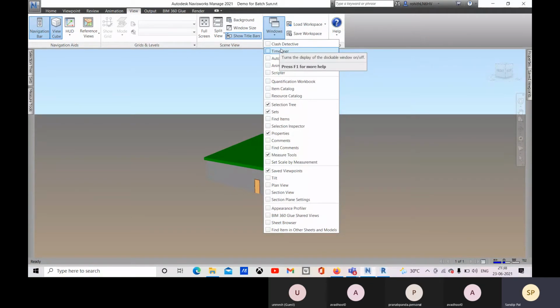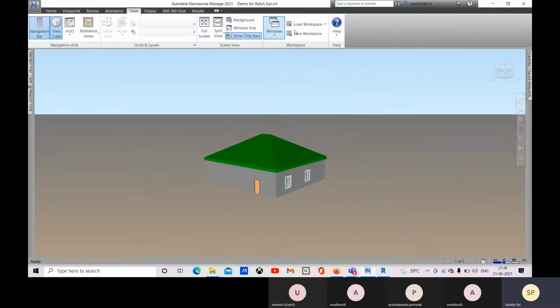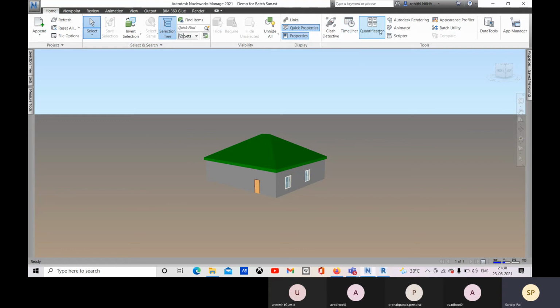So when we do the class detection, we'll check that to get all the tools for our class detection and quantification. So from here also we can do that. And also those are available in this home tab: class detection, 4D simulation, timeliner, and quantification. These options are there. Okay.